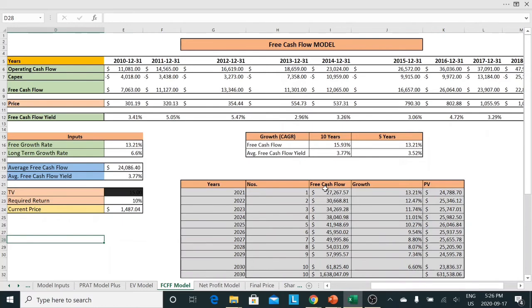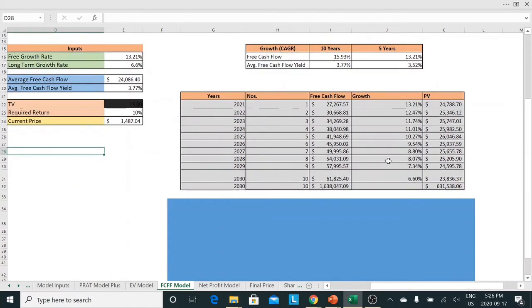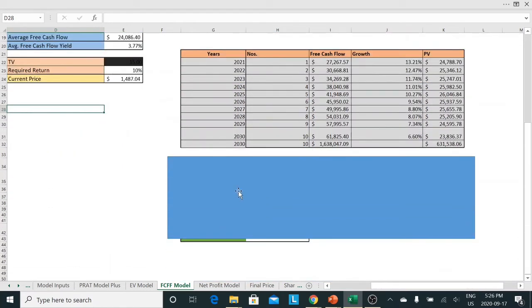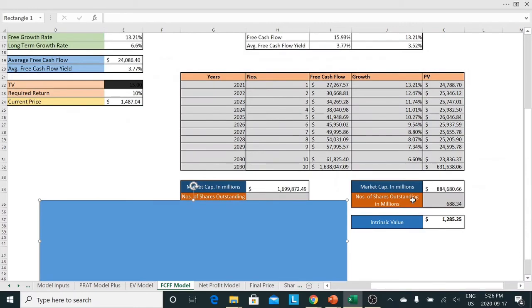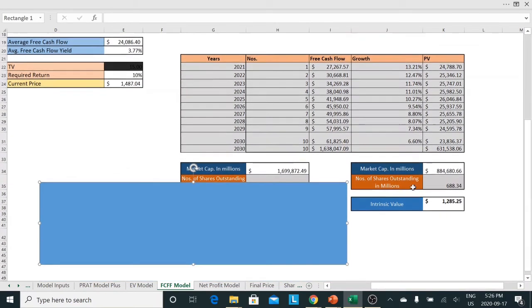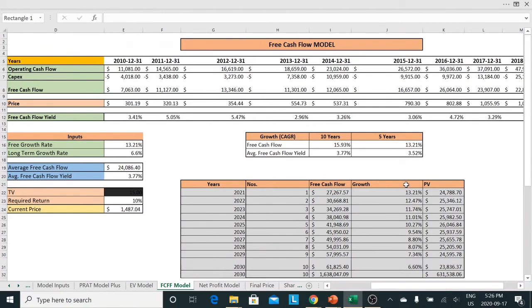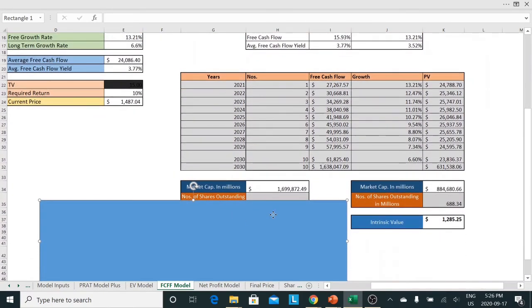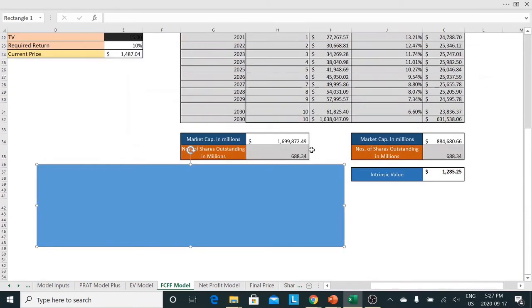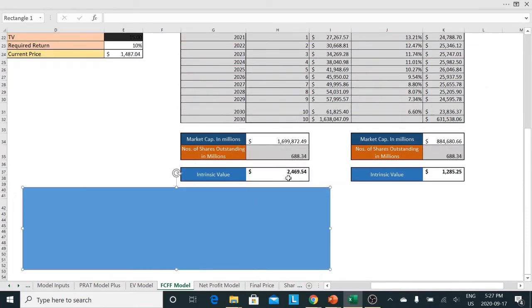So again, I have projected the free cash flow for the next 10 years, discounted by the growth rate, and then my price comes from the free cash flow. Free cash flow always gives the conservative value, so that's why I always like to include that in my model. It also gives us consistency, right? That the company is able to generate the cash flow. So that's pretty good. After the next 10 years, the price is coming to 24.69, right,